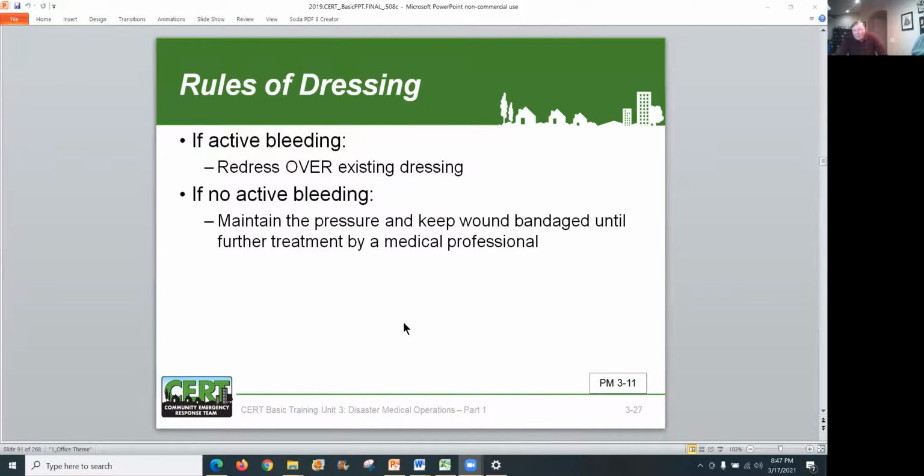What happens, Norm, if this first gauze doesn't work? Go to the second. What if it doesn't work, the third, and your pressure on it each time? Well, we've got a problem, so I would use a tourniquet right on the lower part. But be sure you don't place it on the neck. Yeah, not on the neck. We want to get it to not bleed, or slow the bleeding down as much as possible.